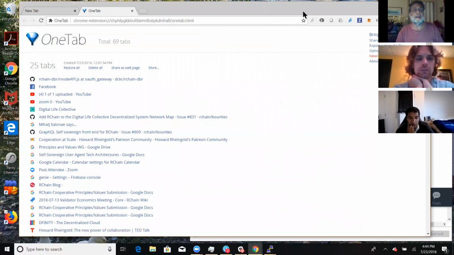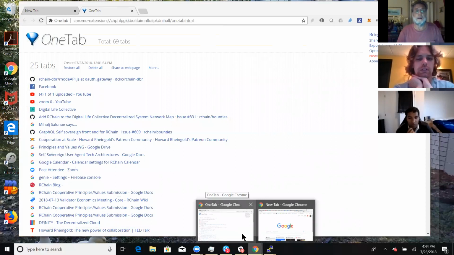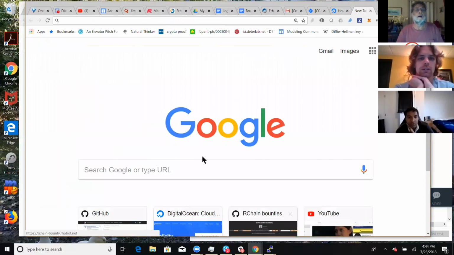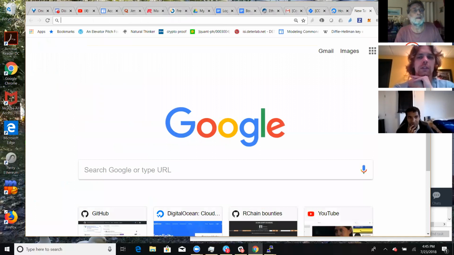What happened to all my tabs? Wrong browser. One tab Chrome. Yeah, there's another window, isn't there? I got one tab in both browsers. Get rid of this one. Excuse me. Okay, so